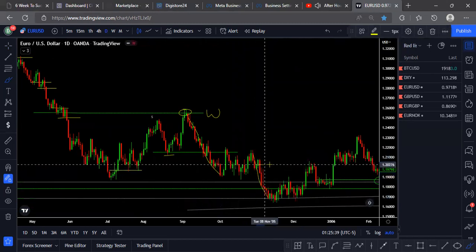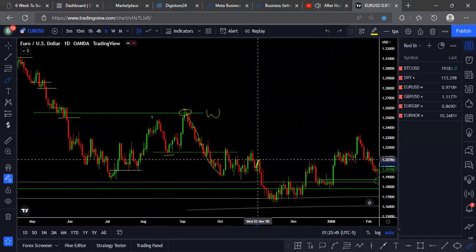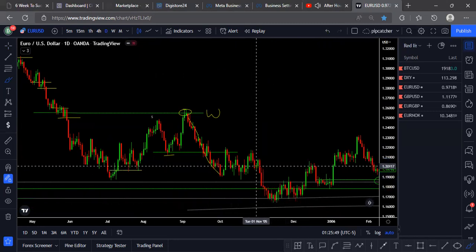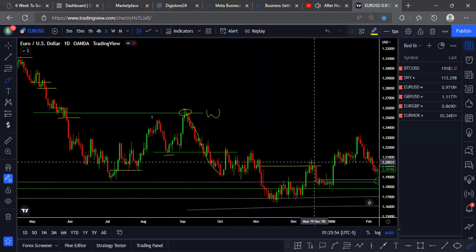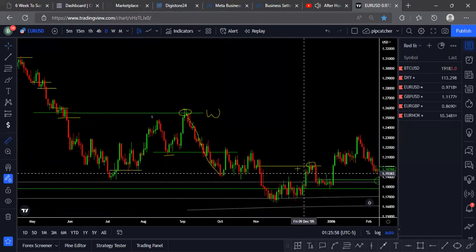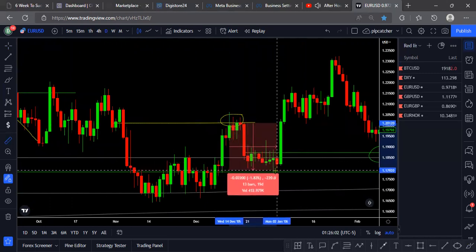Price trades back up into that supply area. You can see the last bit of buying here before price went to the downside again. Price trades right back up into that supply area for nice possible sells. We can see what the max profit was from this area here,